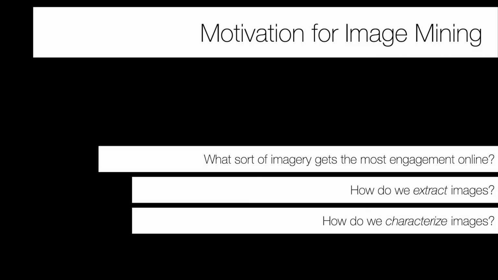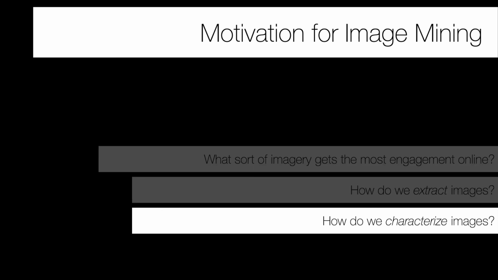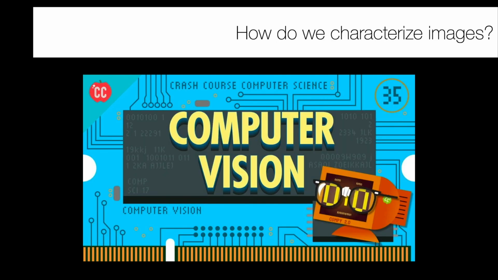So that gives us some insight into being able to extract images, and for many of these things you can rank these images by the number of retweets, which we've seen we can pull out from the metadata in our tweets. So now the real question is, how do we characterize these images? How do we learn something about them? Fortunately, there's a whole field on which we can draw for understanding and characterizing images: computer vision.